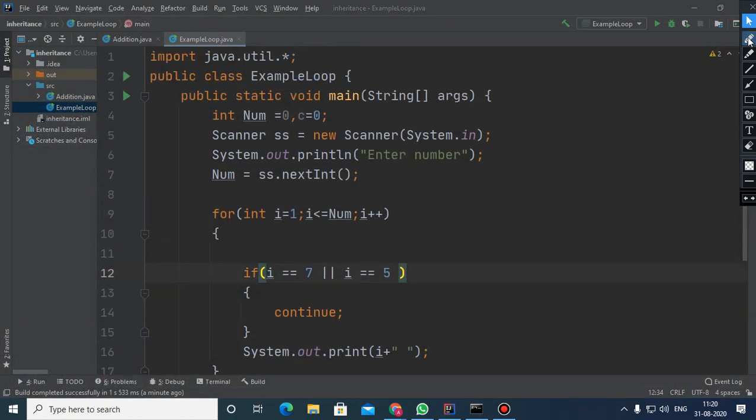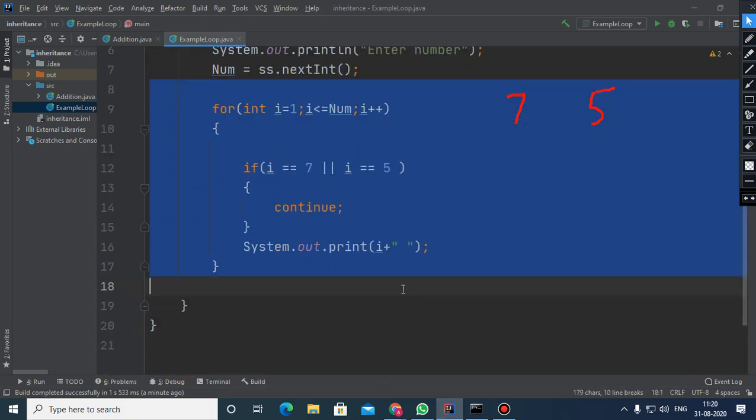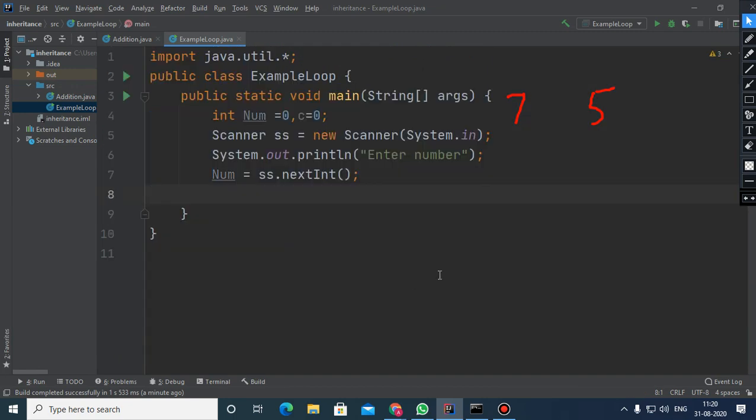Okay, now one more. Children, now I am going to discuss how to find out the LCM of two numbers. Suppose one number is 7 and another number is 5. Please tell me what the LCM is in this case. 35. Actually, these two are prime numbers. That's why the product will always be the LCM.